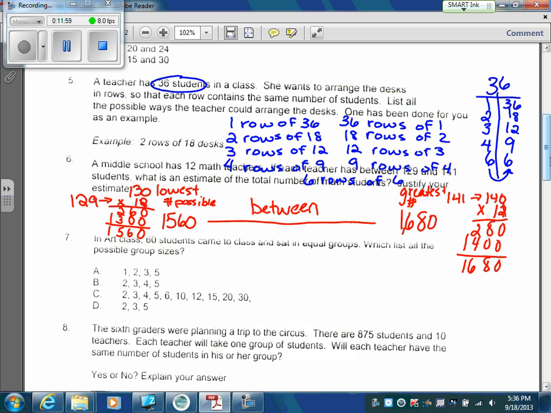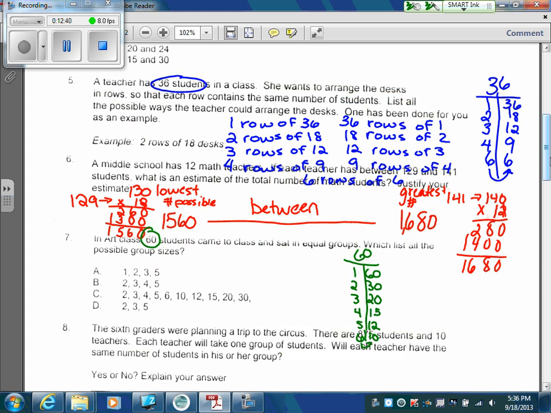Again, if you have 60 students and you're trying to find all of the equal groups you can make, well, that's just breaking down your number and seeing what the factors are, how I can pair up numbers that give me a total of 60. Well, I can start with 1 and 60, and then we've got 2 and 30, 3 and 20, 4 and 15, 5 and 12, 6 and 10, 7 does not go in evenly, 8, no, 9, no, 10, yes, but